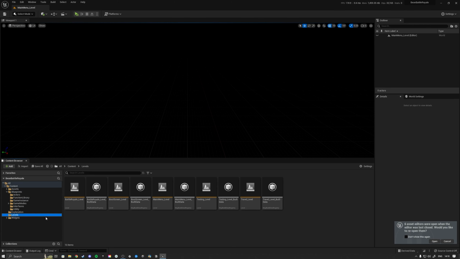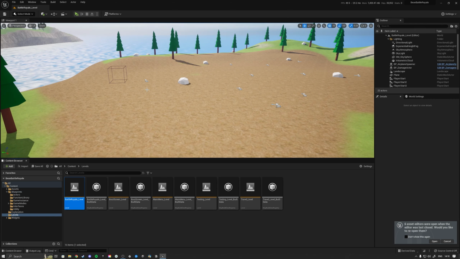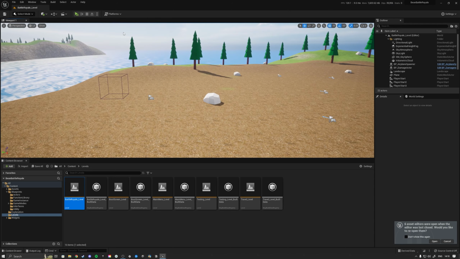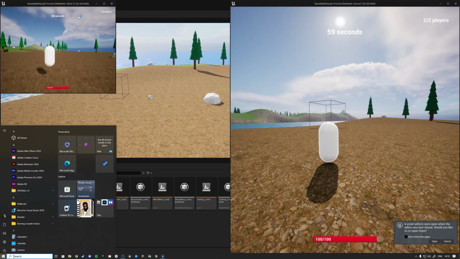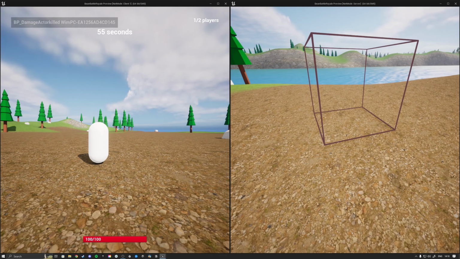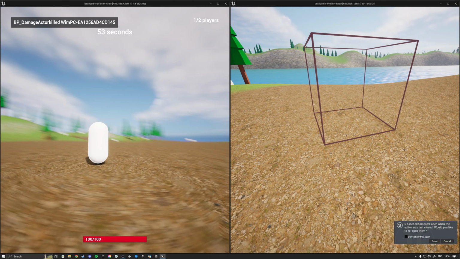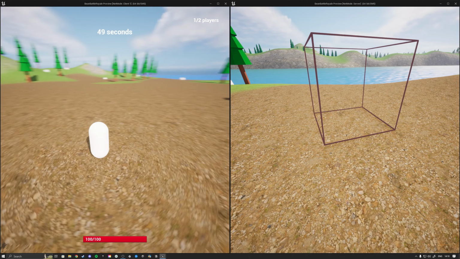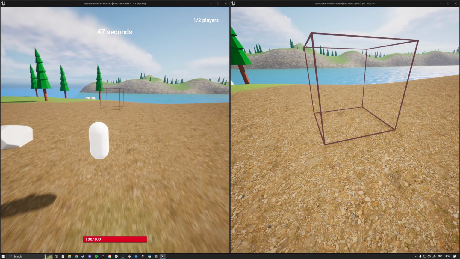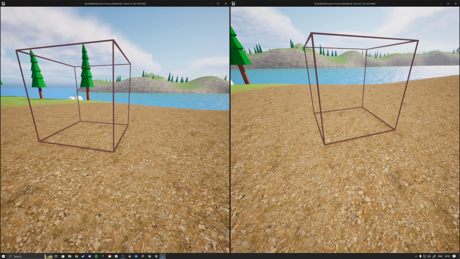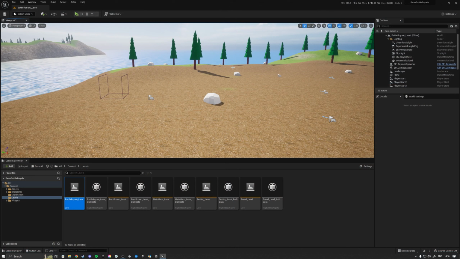Okay, there we go. Then if we test it once more, we go into the Battle Royale level, hit 2 players, listen server, and hit play. Then we got our 2 guys here. So the server is gonna run into the box, boom, and then it properly displays the BP damage actor killed WinPC. So everything works fine, we just needed to add a little spacebar, and then this guy can run into here as well. And then nobody sees it because right now we coded it in the last episode that